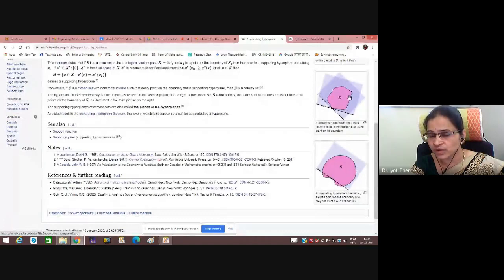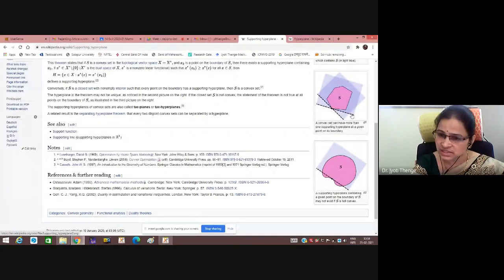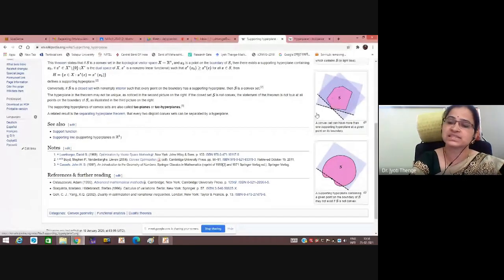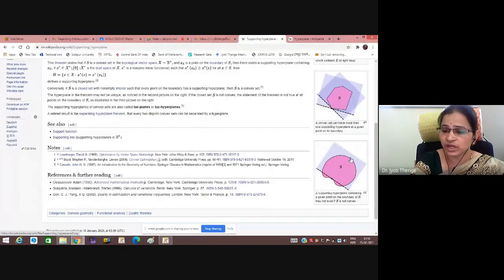This is another convex set in pink again. At this boundary point, how many lines can we draw? Infinite lines. Many lines we can draw actually, which means it can have more than one supporting hyperplane. If I select this line as a hyperplane, then this convex set lies on one side of the line. Therefore, this is also a supporting hyperplane. If you consider this line, again the whole convex set lies on one side. Therefore, one can say that this is also a supporting hyperplane.